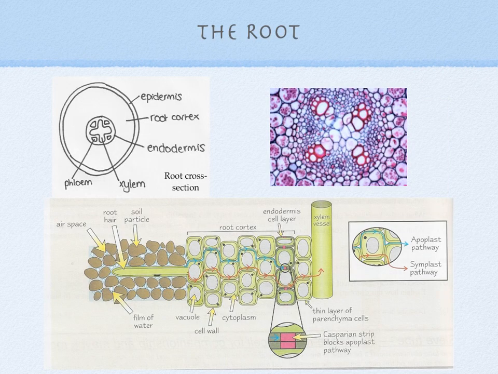Now this is the distribution of the vascular bundle in the root. It is found in the centre, and there is a large central core of xylem, often in the shape of an X, and the phloem is found in the arms of the xylem. The vascular bundle has been arranged like this because it provides strength to withstand the pulling forces to which roots are exposed. Now I've held this back till now because it links in well to how water is taken up